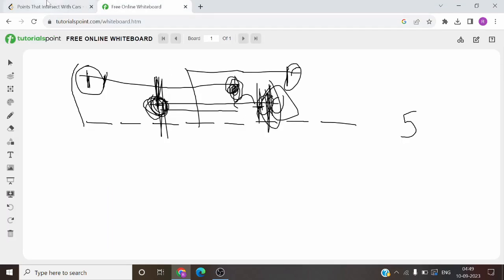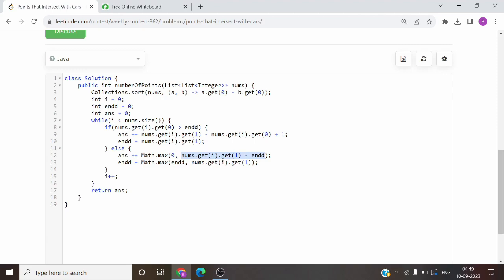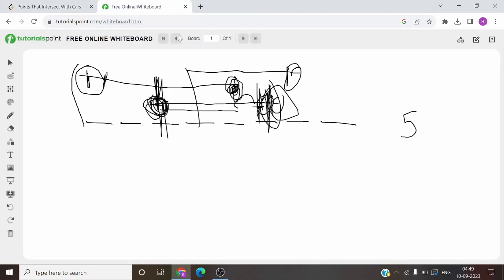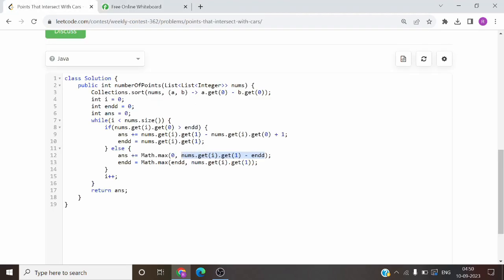पॉइंट को, n+1 वाले पॉइंट को हम ये बता सकते हैं कि वो स्टार्टिंग पॉइंट है। और वाई वी हैव टेकन मैक्स विद 0, बिकॉज अगेन ऐसा हो सकता है कि ये वाला जो पॉइंट है वो इसके एंडिंग पॉइंट से भी बाहर हो। तो फिर अगर हम सब्ट्रैक्ट करने जाएंगे तो दिस माइनस दिस, हमें निगेटिव मिल जाएगा, तो हम निगेटिव तो नहीं आंसर में ऐड करना चाहते हैं।